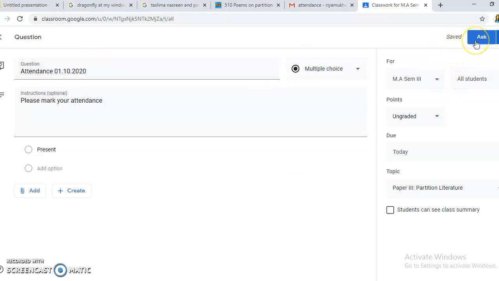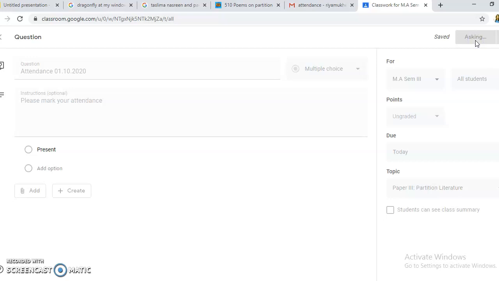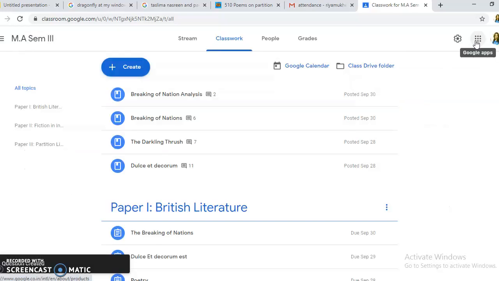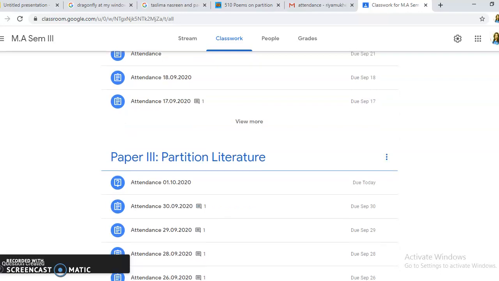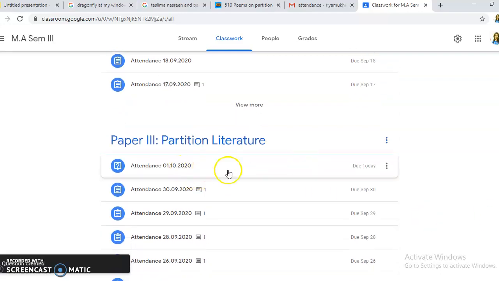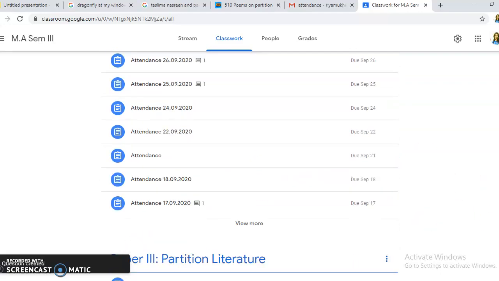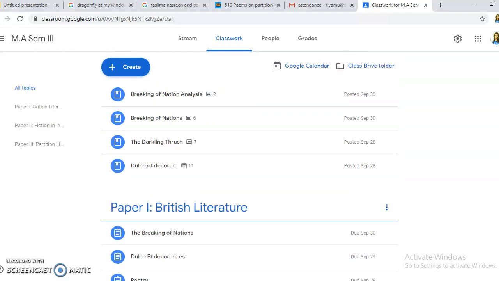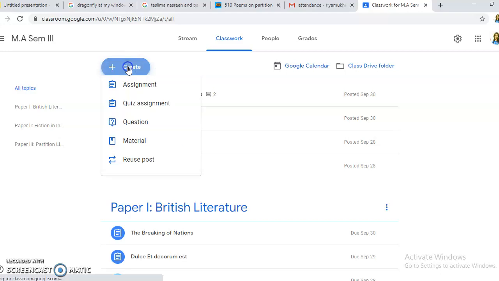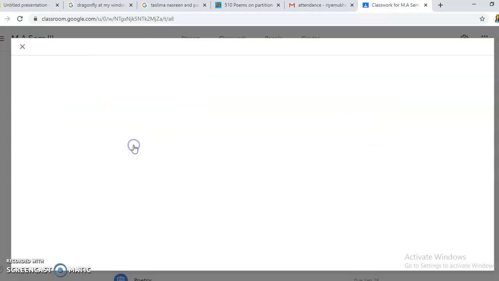Now I'll post it. Okay, this has been posted. Attendance 1/10/2020.